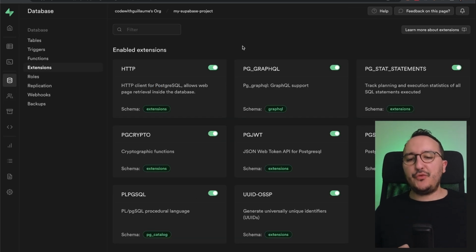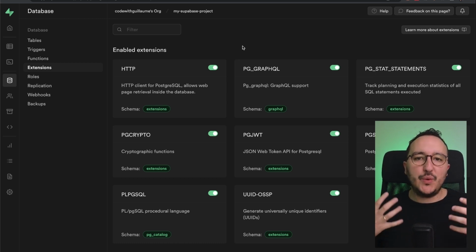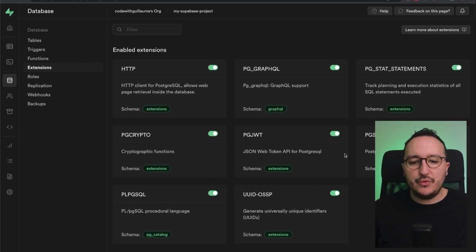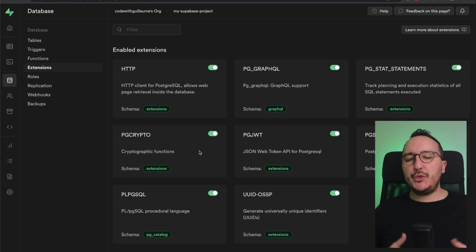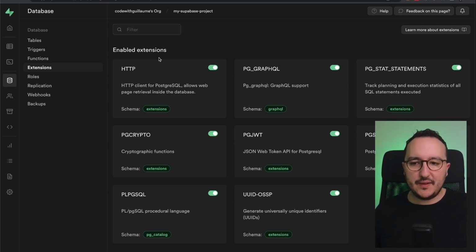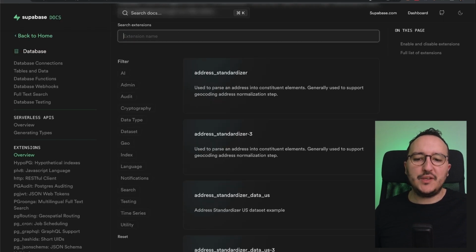So you got to understand that through the extension, there's a lot of possibilities that you can trigger, a lot of modules that you can find, that you can add actually to Supabase, okay? I'm just showing you today the HTTP one, but you can, for instance, enable GraphQL with Supabase, okay? You can work with the JSON Web Token API for Postgres with pgjwt, which is enabled here, pgcrypto, etc., etc. What you got to do is to look for an extension that is doing the job you are looking for. That's the best solution to do, and you can look to it on the Supabase documentation here to